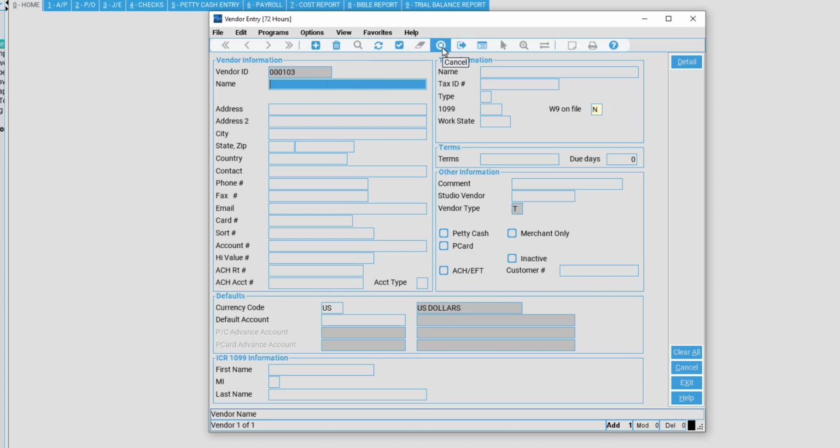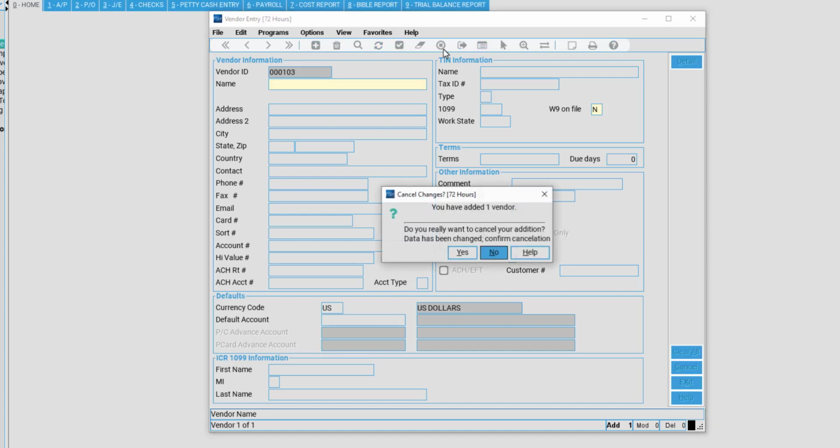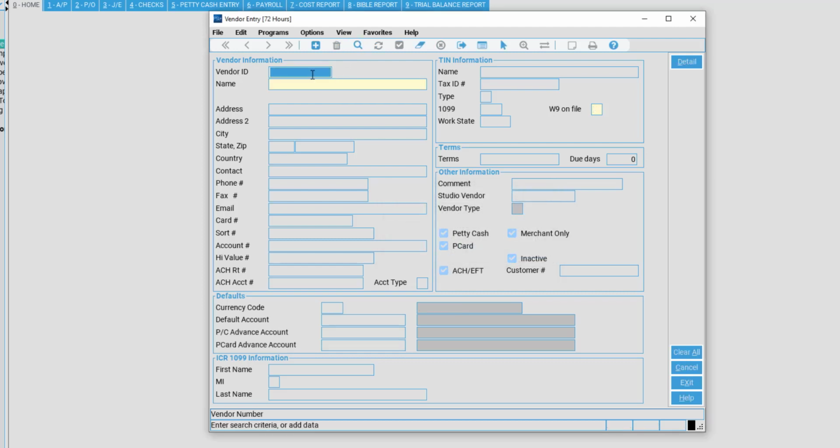We will be adding a vendor, but I would like to show how to search for vendors. I'm going to hit cancel, hit yes here to cancel my changes. In the case of searching for a vendor, you have multiple options. You can search via vendor ID. So if you had the number of the vendor, and let's say in this case, I knew my vendor was 102,